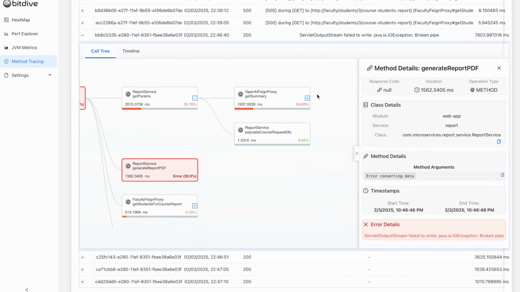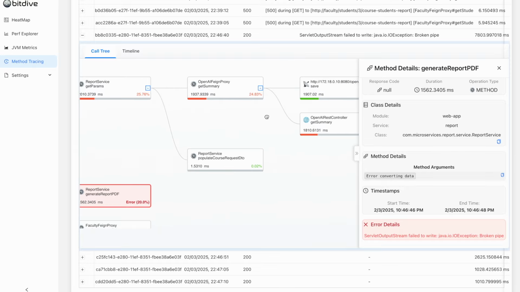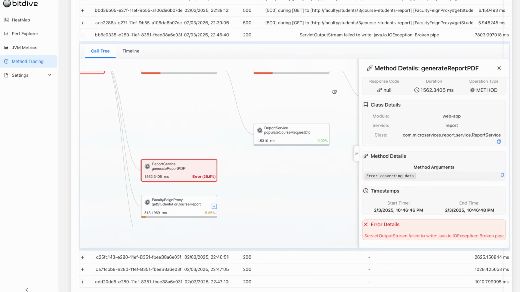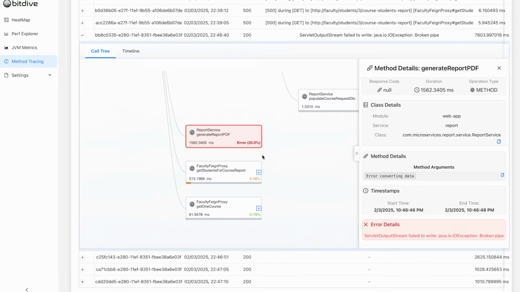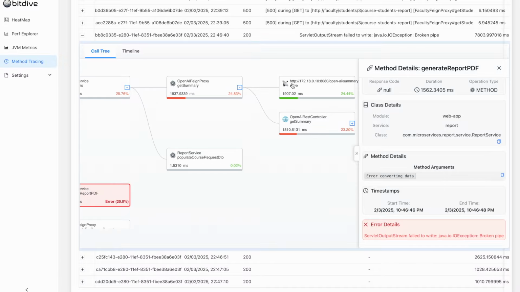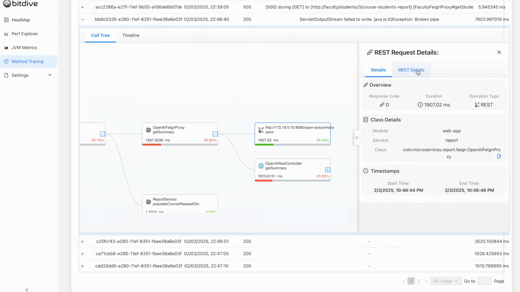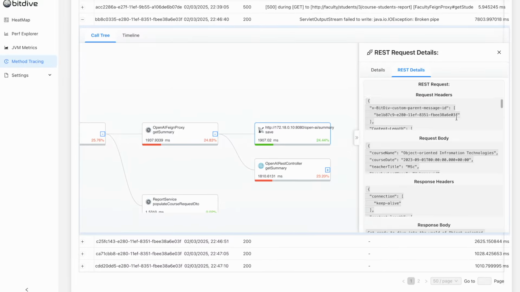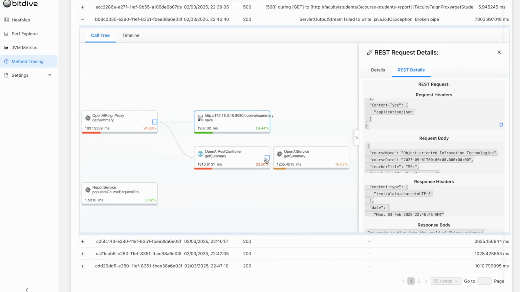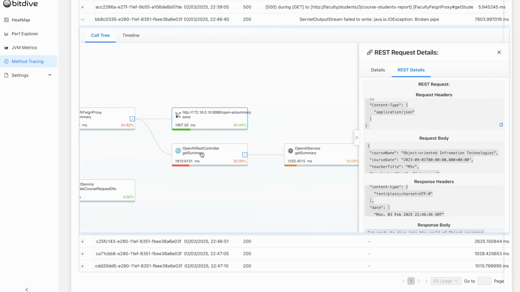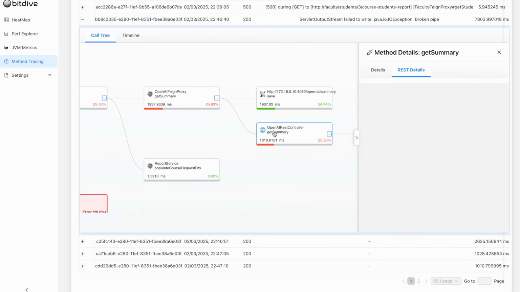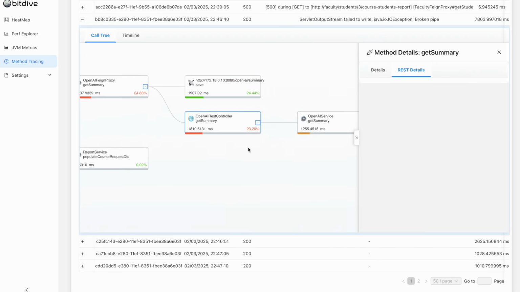Let's see what interesting insights we can find during the execution of operations. One of the methods has quite a long execution time. I can see that it involves an internal REST request. Let's take a closer look. Viewing the request details, we can see all the information, including request and response headers, as well as the body. I also see a call to an external service marked with a globe icon. It seems this microservice is quite active in making external web requests as well as internal REST calls.